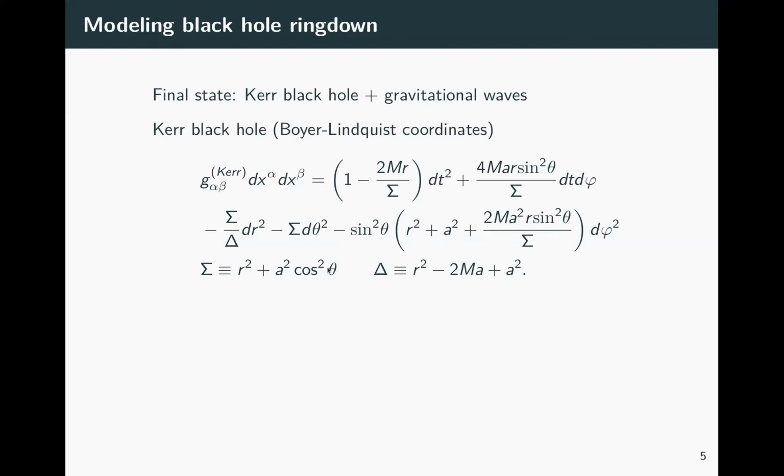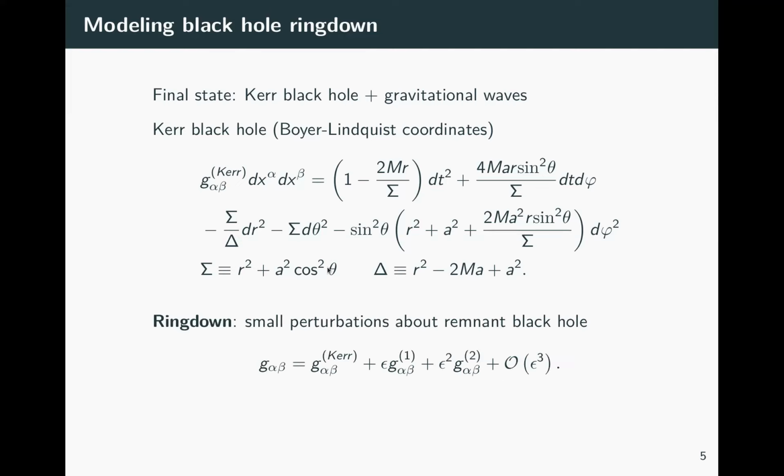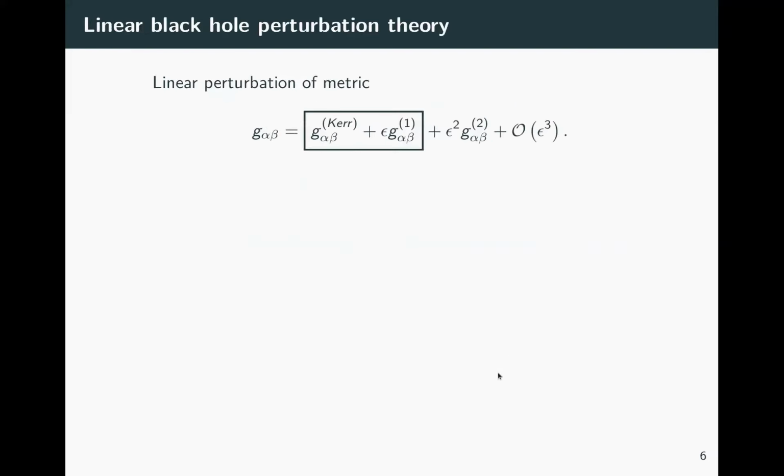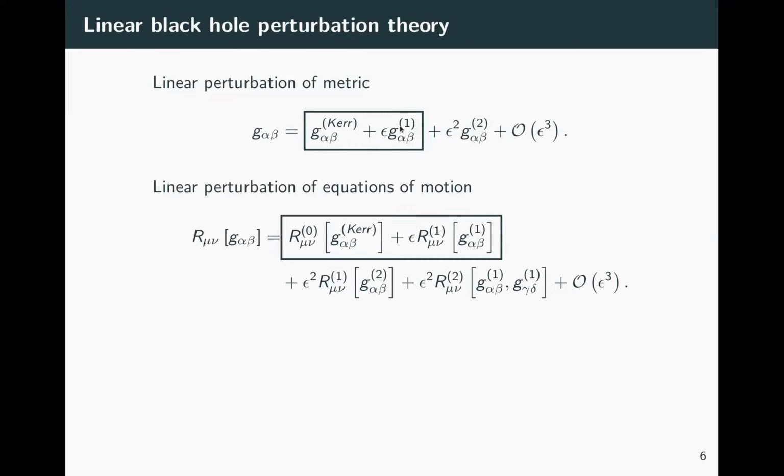a is, again, the spin, M is the mass. And to describe the gravitational waves around the spacetime, we're going to do perturbation theory. You take your background, which is Kerr, and then you expand in some small dimensionless parameter epsilon, order by order in perturbation theory. We're only going to go to linear perturbation theory, so we're just going to take this g1, the first order term, and then you could